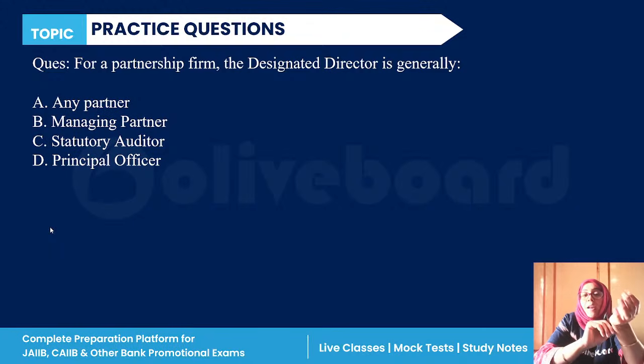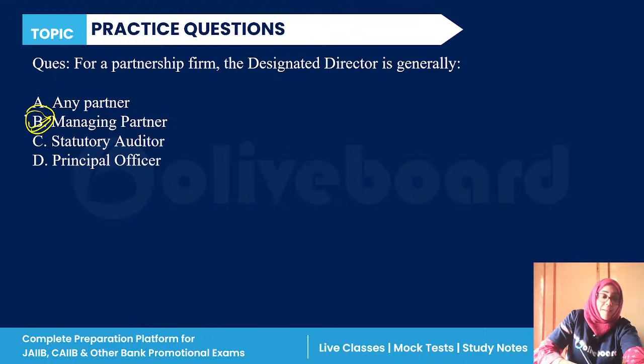Then, for a proprietorship firm, the proprietor is generally the designated director. And for a trust, it is the managing trustee who can be the designated director. So, in case of a partnership firm, it is the managing partner. So, yes, B is the correct answer. Okay. Next,